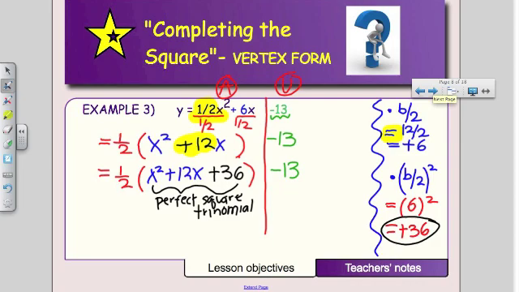I am now going to take that positive 36 from your team. So we're going to subtract positive 36 from your team. Add on one side, subtract on the other side. We also need to balance the 1/2 that we originally divided from my team. So I'm going to do the opposite